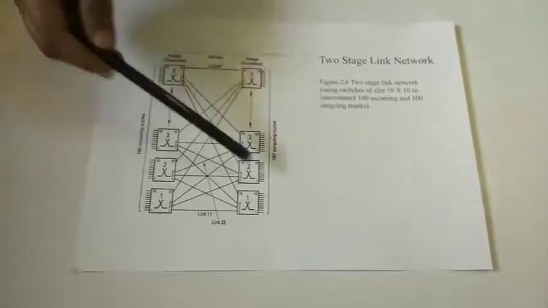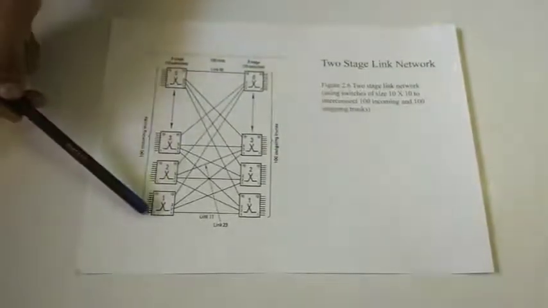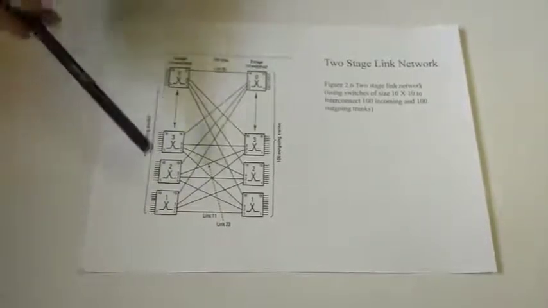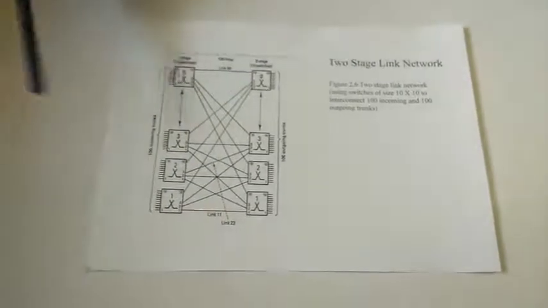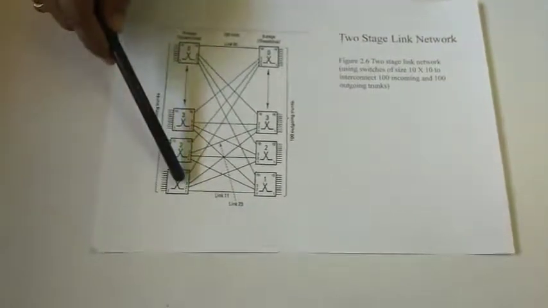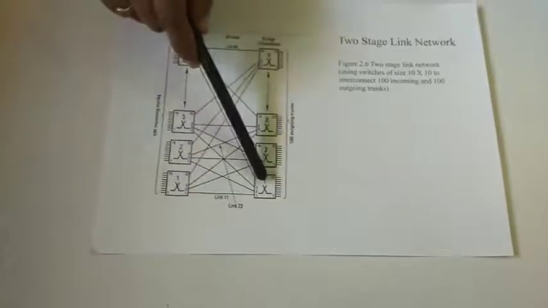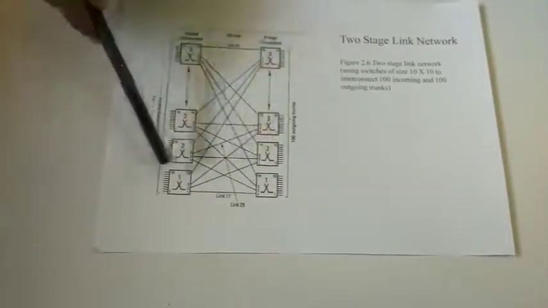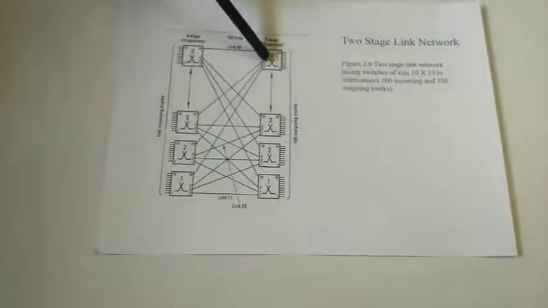10 switches on this side, 10 switches on this side, and each is numbered in the same way: 1 to 10 links, 1 to 10. To see how the connections have to be made, observe clearly. I am starting from switch number 1. From switch number 1, from 1 to 1 of the switch, from 2 to 1, from 3 to 1, and from 10 to 1 of the switch.